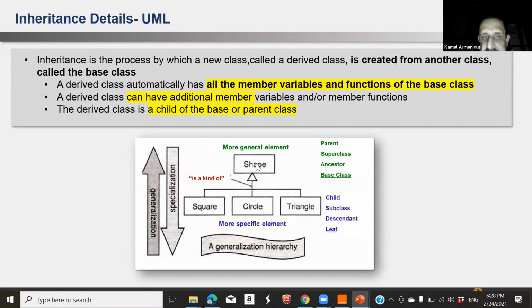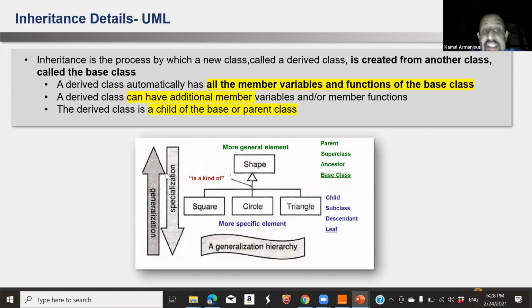So I have a base class here, and this is called a shape. شكل. Did I say this شكل? What does it mean? No, I didn't say. It is just شكل. Okay, and his children is square, circle, triangle.